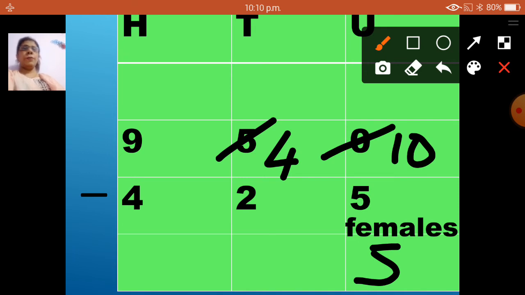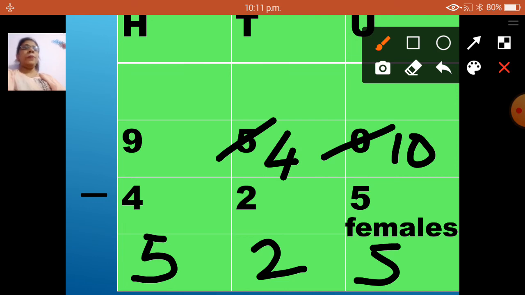4 minus 2, 2. 9 minus 4, 5. 9 minus 4 is 5. 4 minus 2 is 2. So, how many males did we get as the answer? After subtracting 950 minus 425, we got our answer